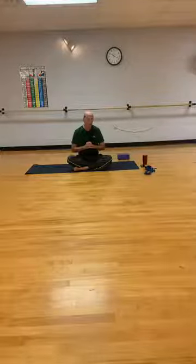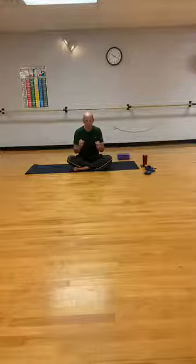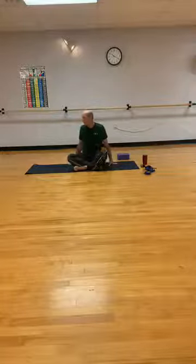So from here, we have a little sequence we're going to do before we go into the hamstrings. We're going to get the hamstrings, we're going to get the abs. So lots to do here. So let's go ahead and